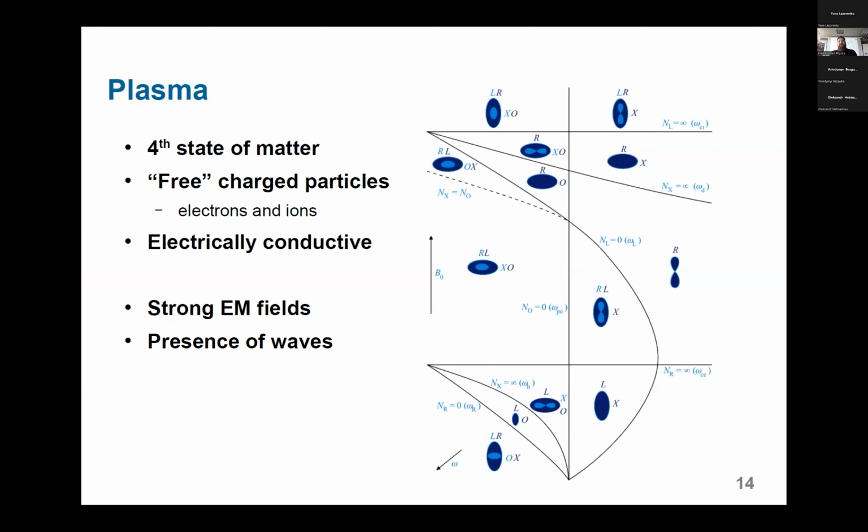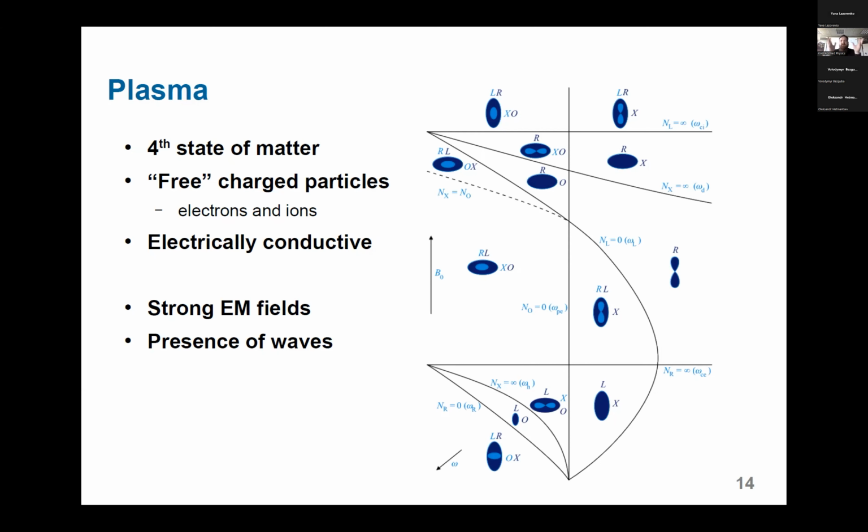So, more technically, plasma is considered to be a fourth state of matter, because it's hotter than a gas, and it differs from a gas in that it contains free charged particles. So while in a gas you have free-flying atoms, in plasma you have free-flying electrons and ions, and maybe also some neutral particles. But for something to be classified as plasma, you need at least some free charges. In most types of plasma, those free charges are really free. I will later show some exotic states of matter where this is not exactly true. But because of those free charges, plasma is electrically conductive, and